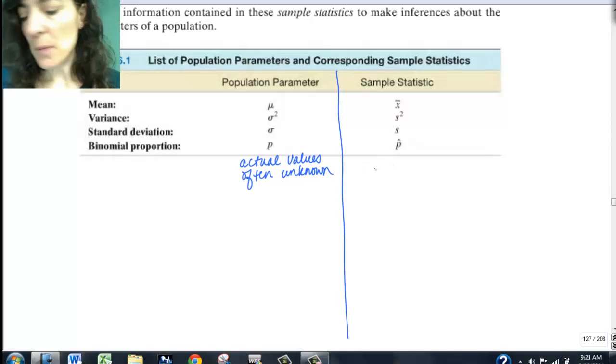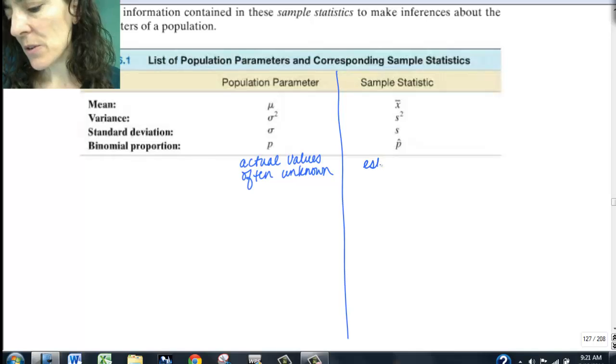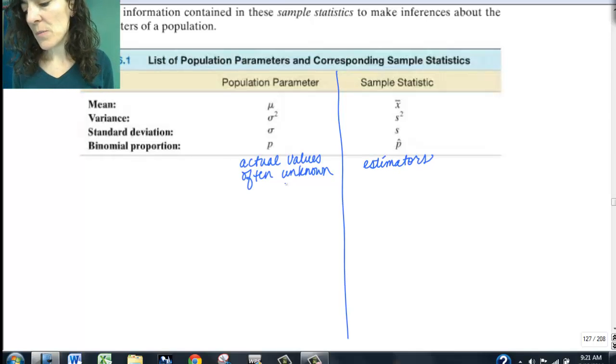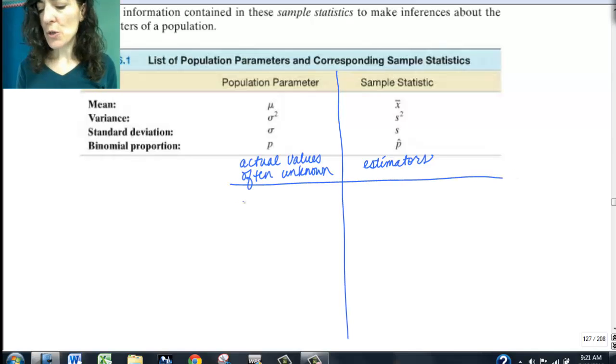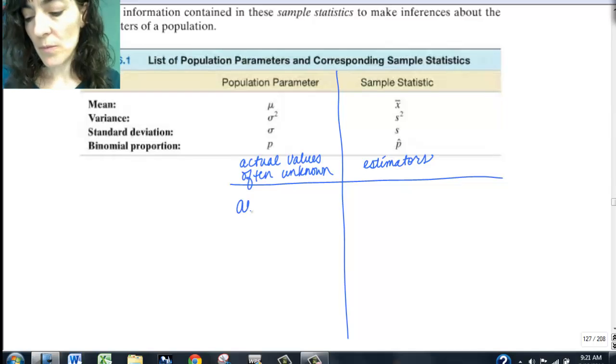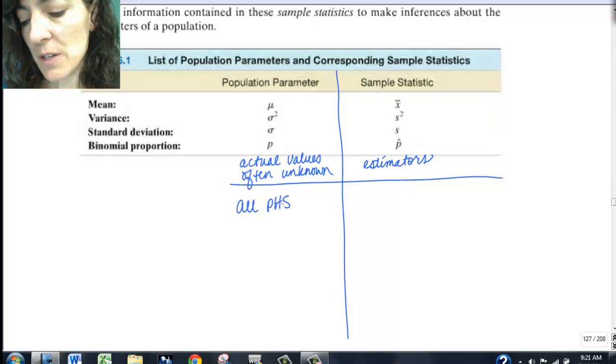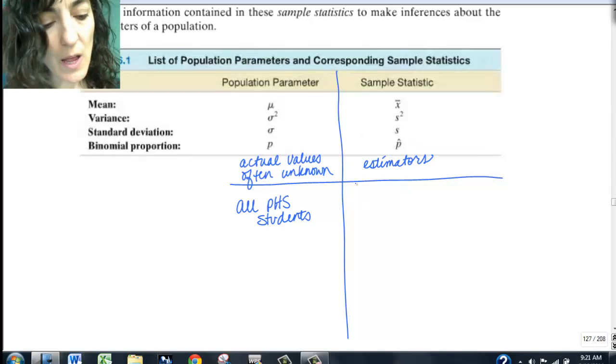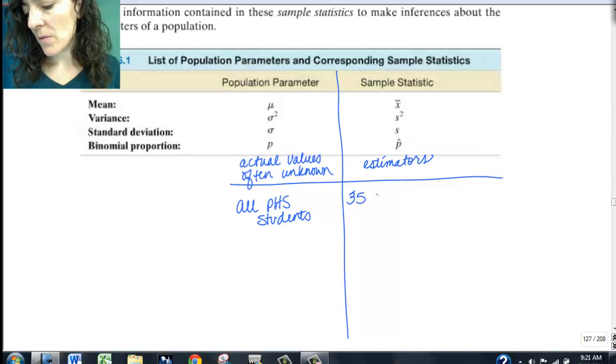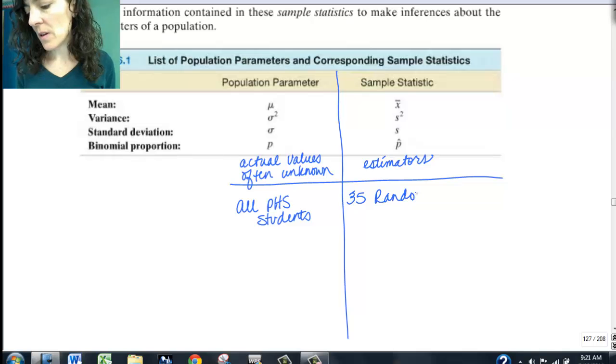And then the sample statistic, these are estimators for the population values that we don't actually know. So you might have something like all PHS students and 35 randomly selected